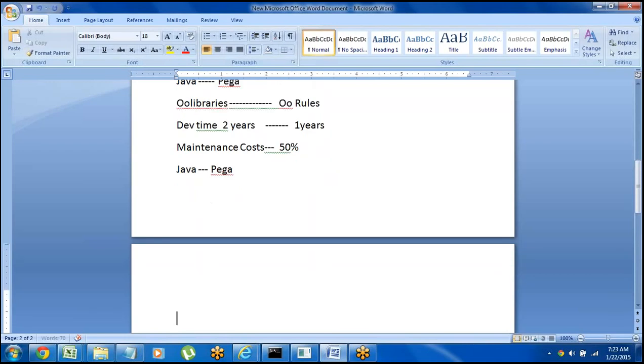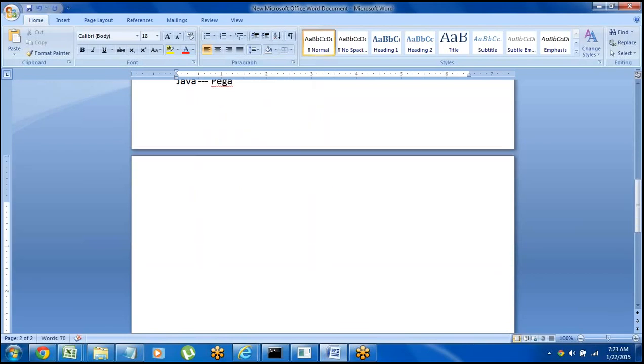Next, one of the main differences is configuring the database. In Java technology, we have to configure the database manually. But in Pega, when we install the Pega software, it automatically configures the database.